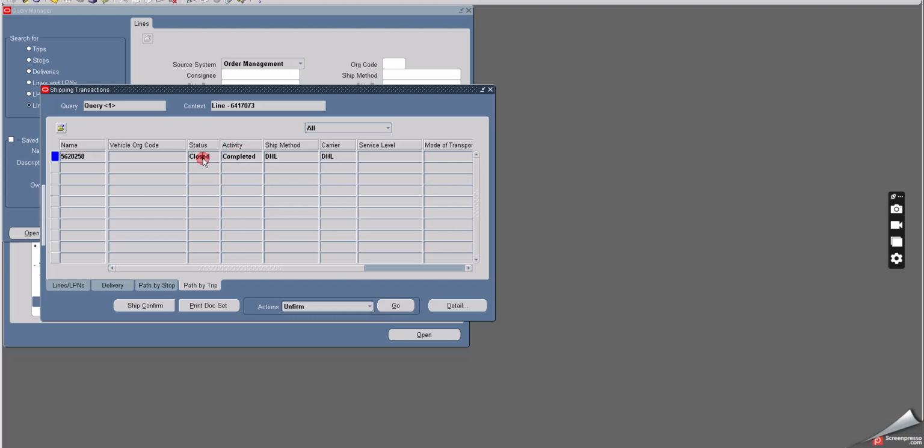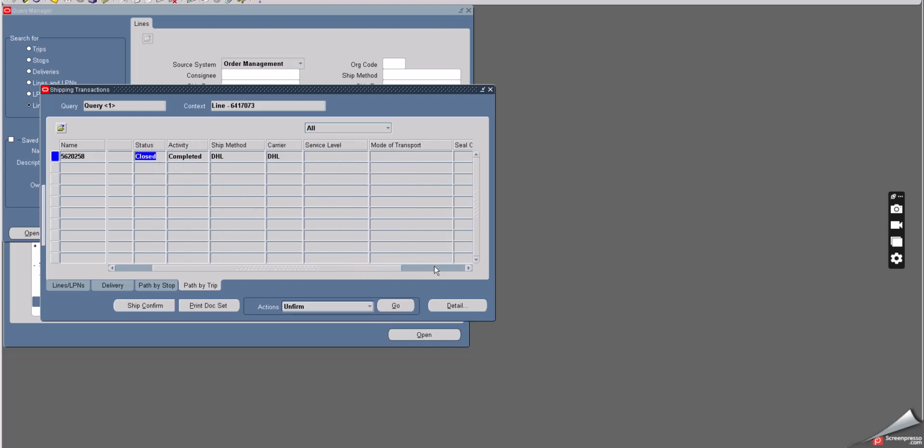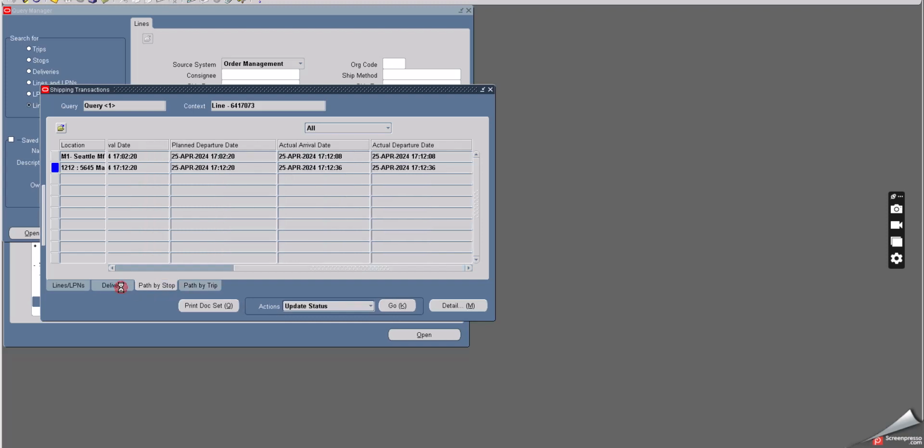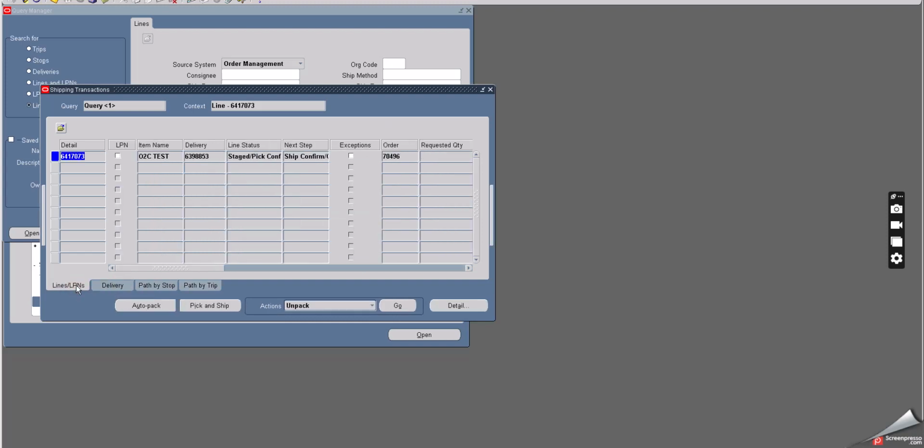Activity is completed and status is closed. As I said, the status here will become closed everywhere and the activity is completed here. Okay, now let me go back to what will happen on generation of this. Automatically, some of the reports will be generated,